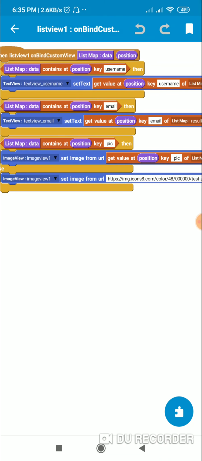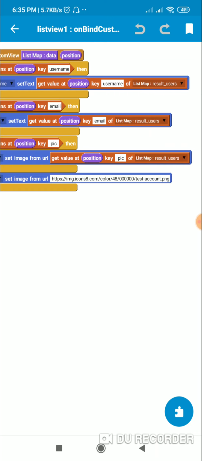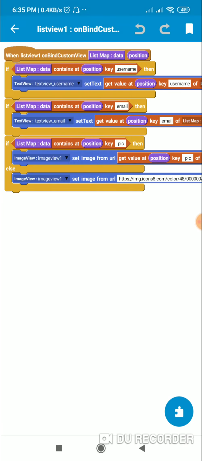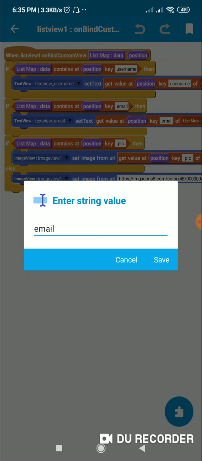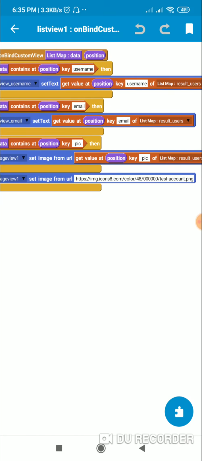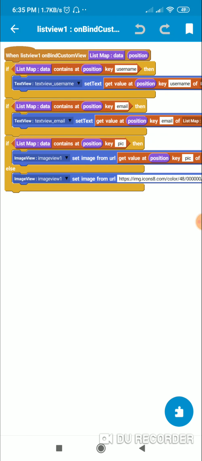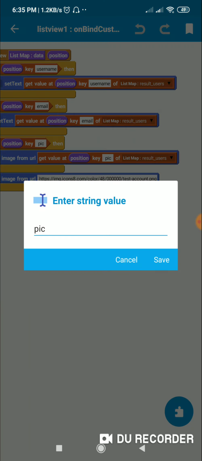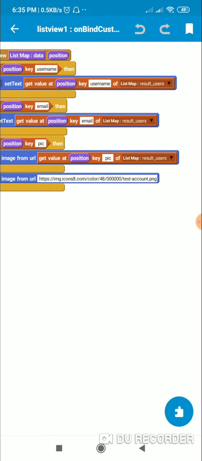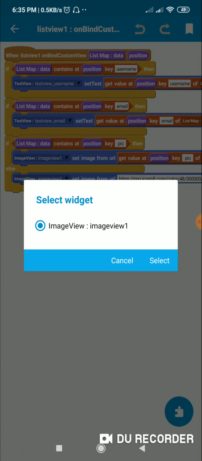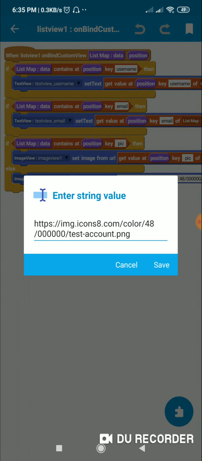If it contains the key username, then in text view username I display the key username of list map result_users, and if it contains key email, then in text view email I display the key email of list map result_users, and if it contains the key pic at that position, then in image view 1 I set image from URL get value at position key pic of list map result_users. If it doesn't contain the key pic, then in image view 1 I set image from this URL. It will display a default profile pic.